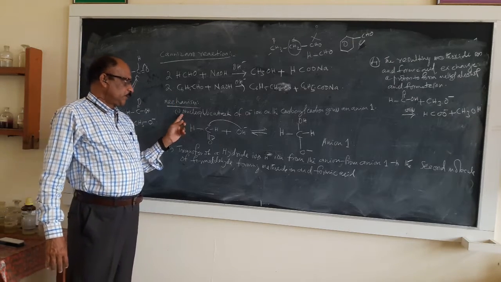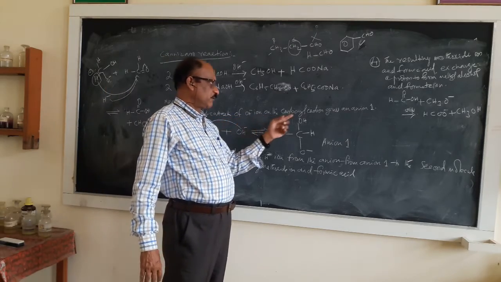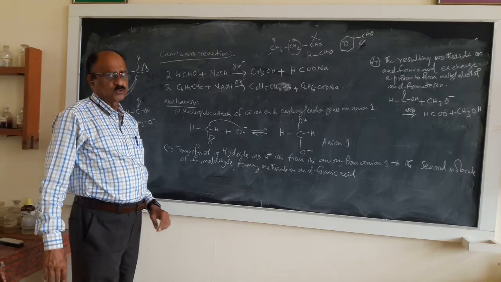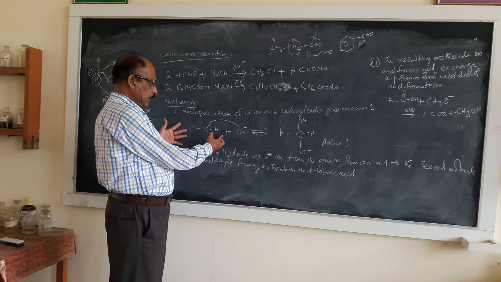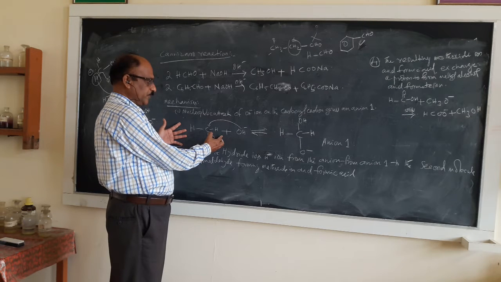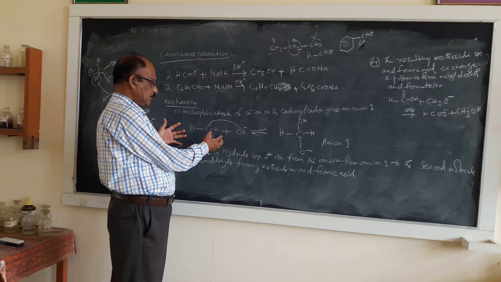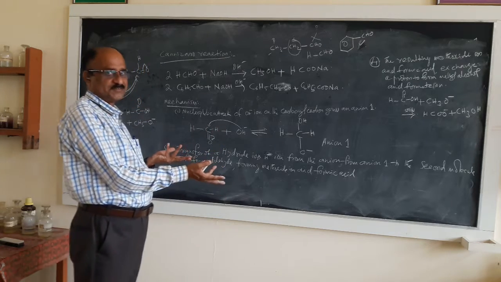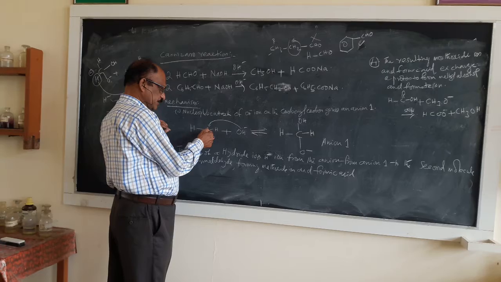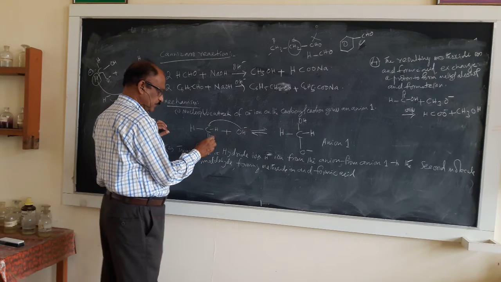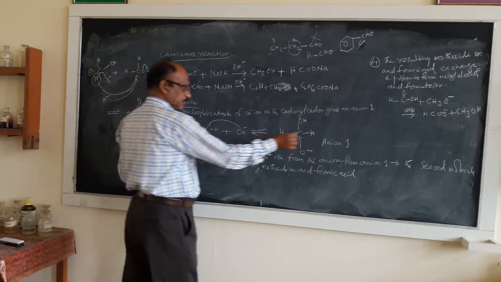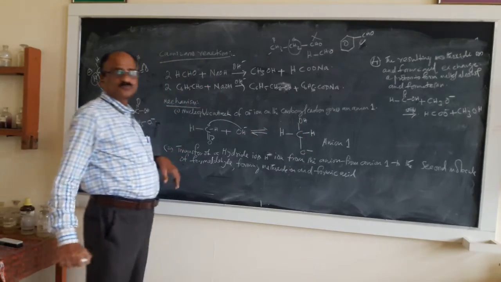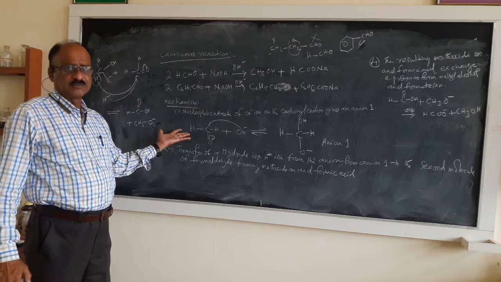The first step: nucleophilic attack of OH minus ion on the carbonyl carbon to form anion 1, which I told you already. What is happening? This is one aldehyde molecule, a formaldehyde molecule, which contains no alpha carbon, that means no alpha hydrogen in this case. So OH minus is transferring to this carbon atom. This electronic transition is taking place, and then you will be getting a minus charge. A positive charge will come. Here the OH minus will come and join, and you are getting an anion. The first step is very simple.